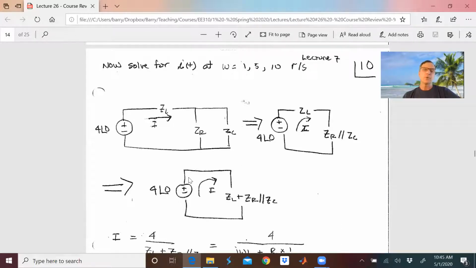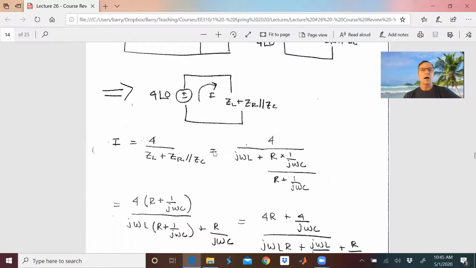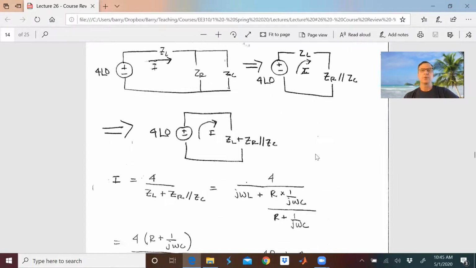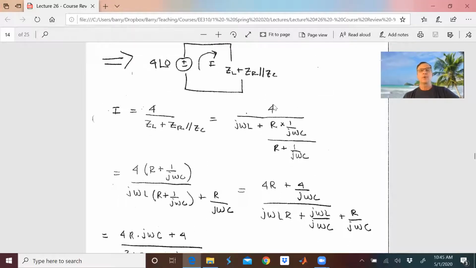So I'm moving toward what I want by just having a single impedance here. So I is equal to 4 over Z sub L plus Z sub R in parallel with ZC. And you notice I'm never in a hurry to put in numbers. So that's going to be 4 divided by J omega L plus R times 1 over J omega C divided by R plus J omega, 1 over J omega C. That's my ZP. You notice later in the course, I did my little N over D trick to avoid what I'm doing here. Look at all this stuff I'm doing. I'm going to multiply top and bottom by R plus 1 over J omega C, and here it is,